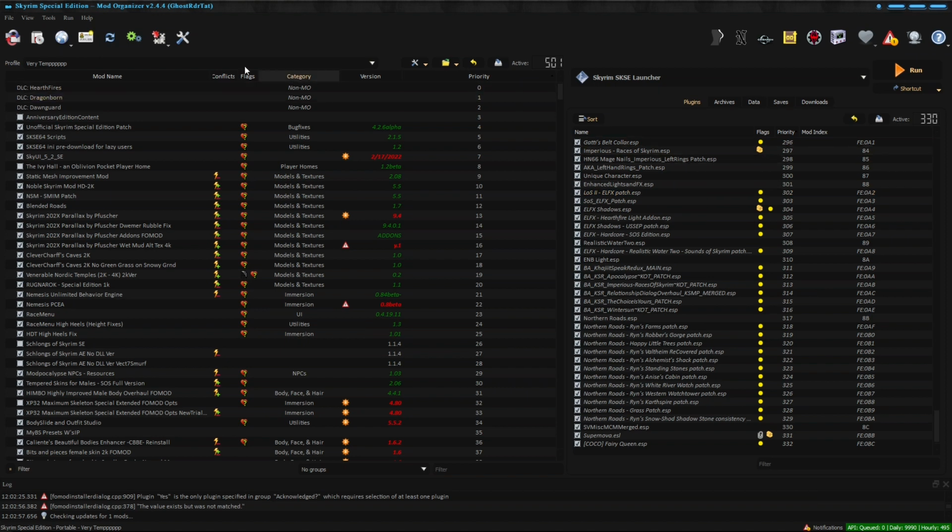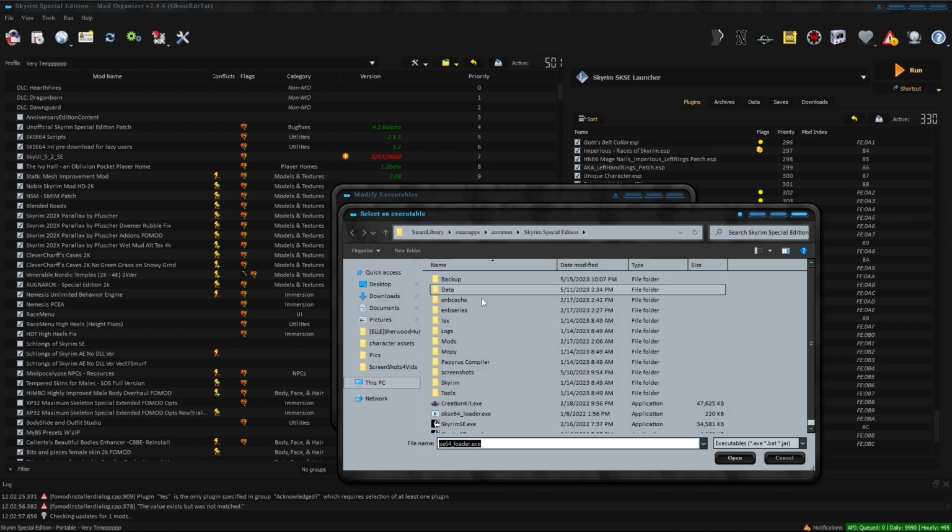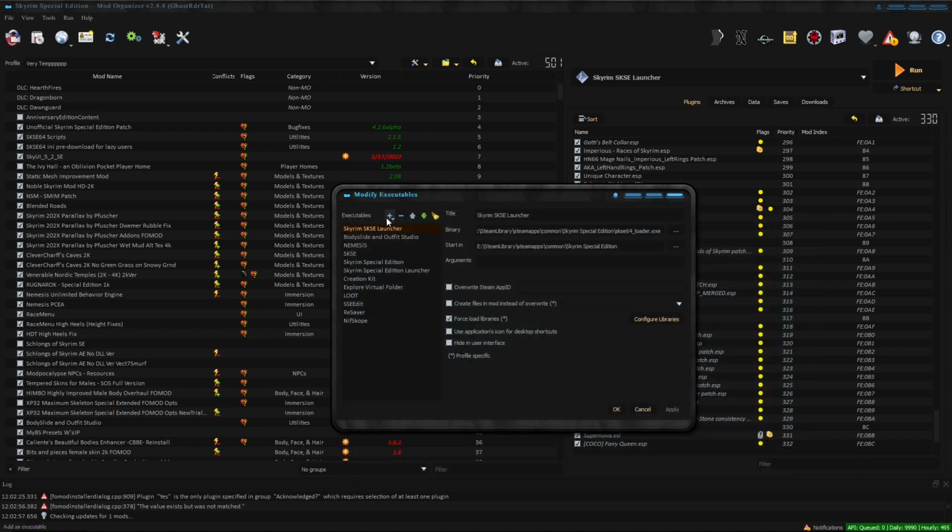So when you come over here to your executables to get Nemesis ready, if you're going to do this for the first time, what you need to do is add an executable, add from empty file. Is it add empty? New executable. Okay, so add empty, and then you're going to come over here and name it Nemesis. I'm going to call it Bubba Gump from Forrest Gump Shrimp. So you're going to go to Bubba Gump, and then you're going to